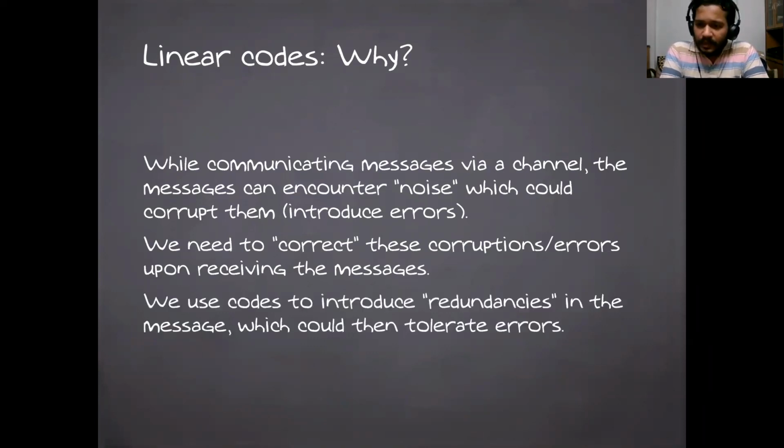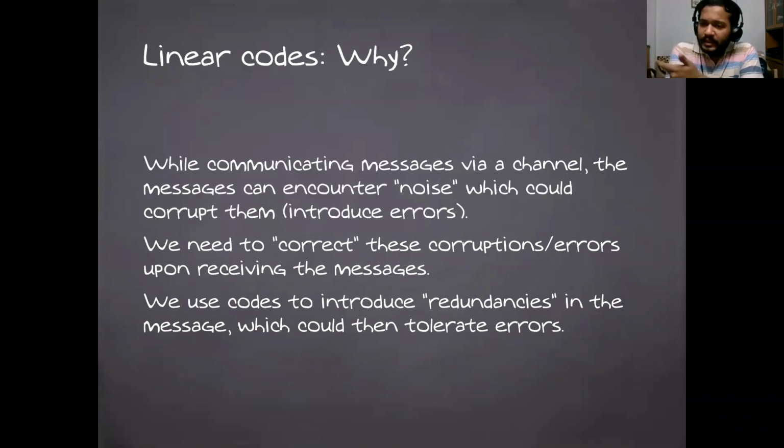And how do we do that? We do that using codes. Linear codes enable us to introduce what are called redundancies in these messages. For instance, let's take a message involving 10 symbols, and the symbols can come from any set which has been agreed upon beforehand. We will fix a neat embedding into fields, so every symbol can be identified with some element of a field. Then a message of length 10 becomes a vector of length 10 in F to the 10 over the field.